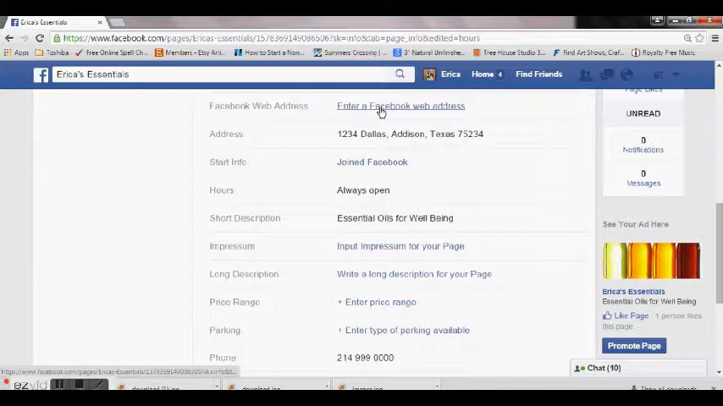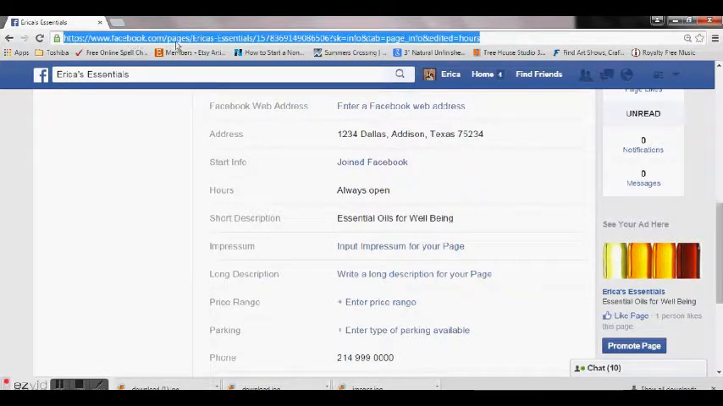Here they are giving you the option to create your web address. Notice this long web address. Once you have 25 likes, you'll be able to name it. Mine would be